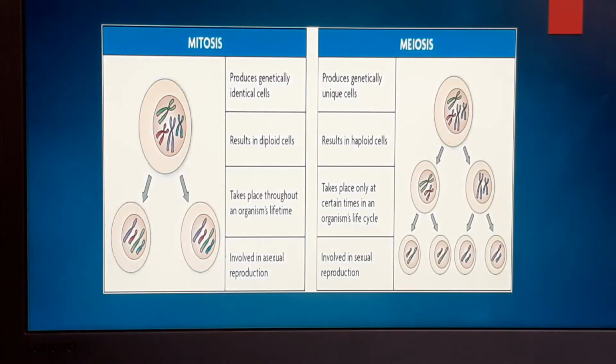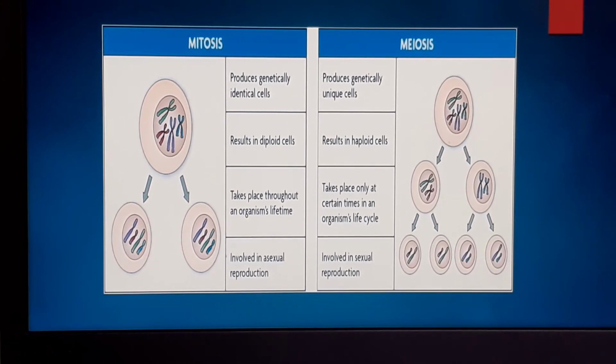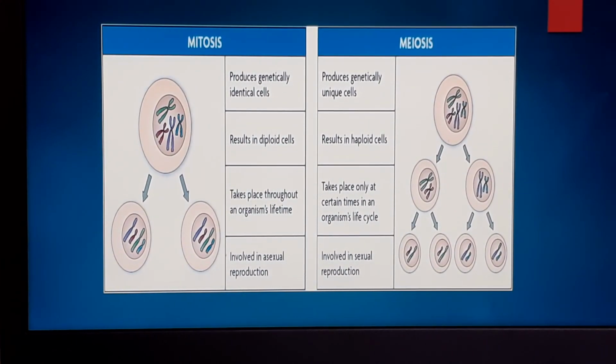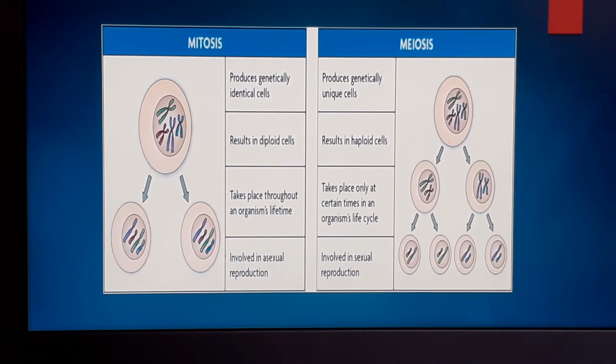Next one, mitosis and meiosis. See here how cell division takes place. The process by which new cells are made is called cell division. The cell divisions are of two types, that is mitosis and meiosis. See, mitosis, where does it take place? It takes place in the somatic cells, that means vegetative parts, and in the lower organisms,